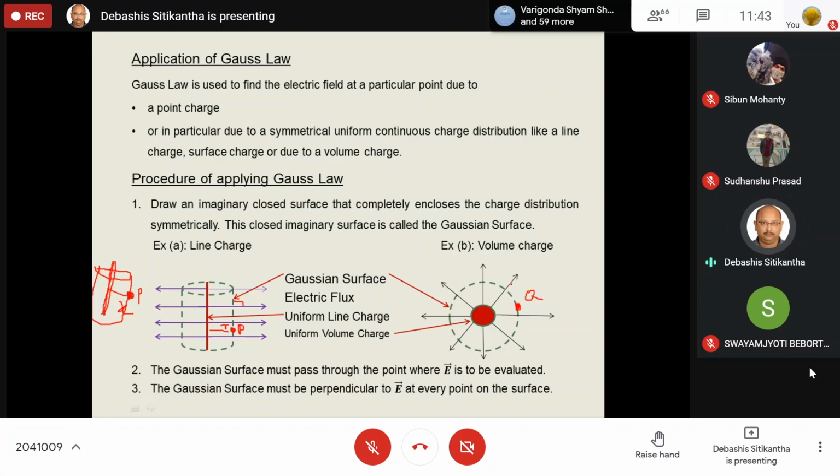Similarly, over here, this electric field line is perpendicular to the Gaussian surface at each and every point. Now, this is bound to happen if you are taking the right Gaussian surface, because this Gaussian surface is going to enclose the charge distribution symmetrically. So if it is symmetrical in nature, obviously the electric field line is bound to make 90 degrees with the surface. So hopefully everybody has understood the steps. Only two important steps you need to do, and the third one is only to ensure that the previous two steps are correct or not. So now let us see how we are going to apply.